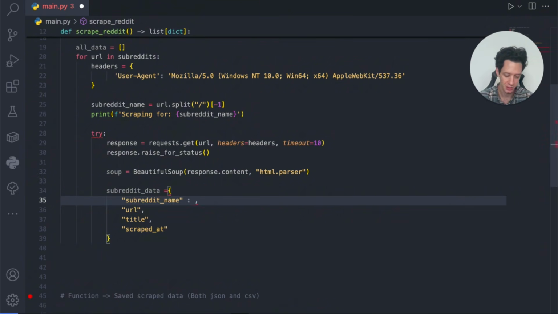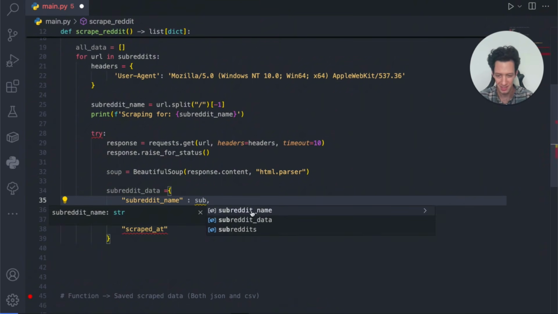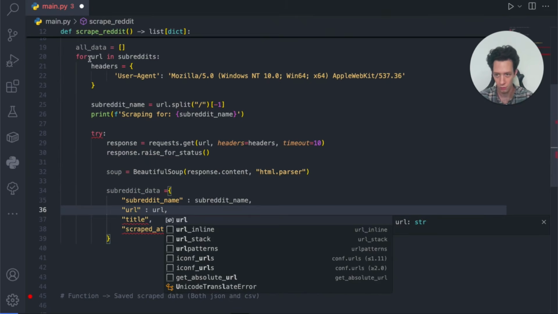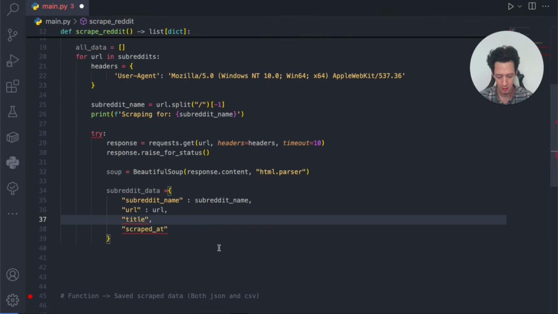Okay. Now, what is the name? I need to assign that as the value. We already scraped the subreddit name. This is the data we're getting back. The URL is simply just the URL from the for loop, okay? The title of the data, we now need to parse the title out of it, okay? So I'm going to say soup.title.string,